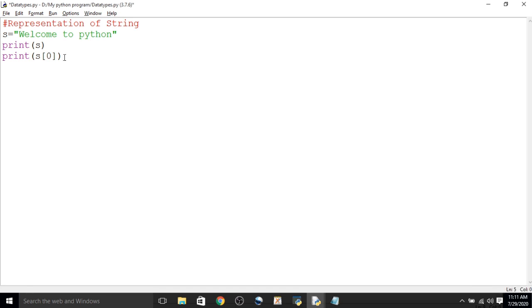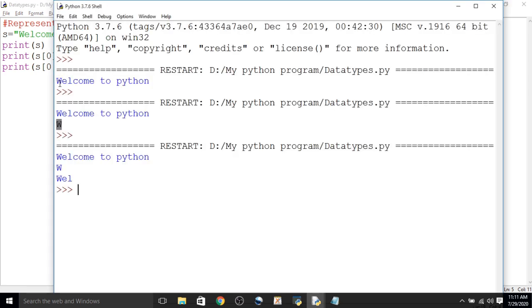Now look at another way. If you want to retrieve a slice of the first 3 characters, which are at indexes 0, 1, 2, you use 0 to 3. See here, WEL will be retrieved.